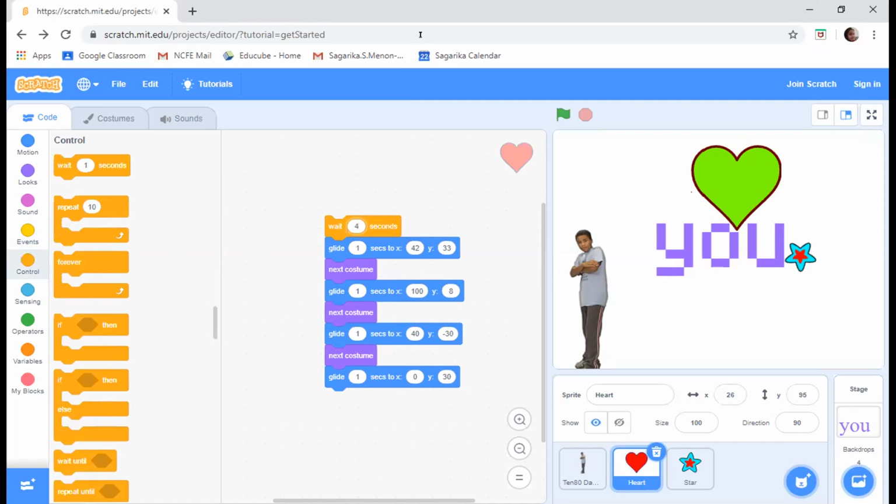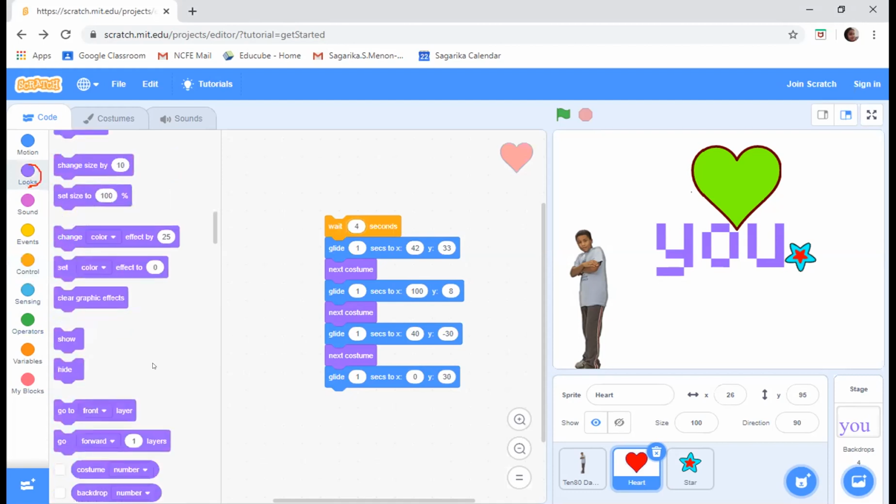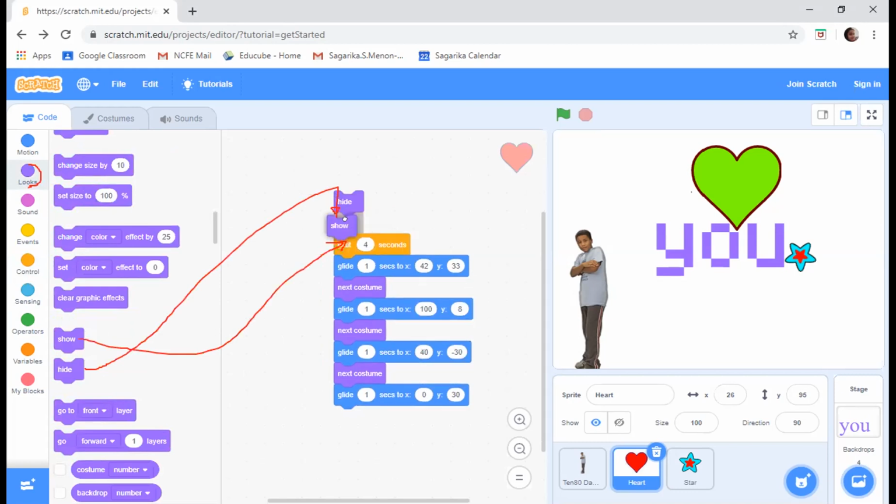Then go to looks. Scroll down. Drag and drop hide over here, and drag and drop show after wait 4 seconds.